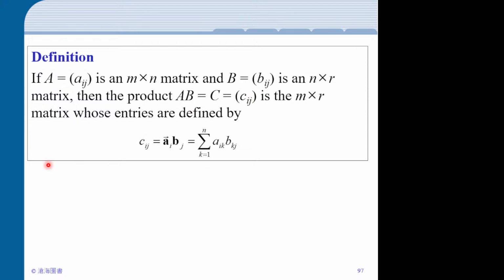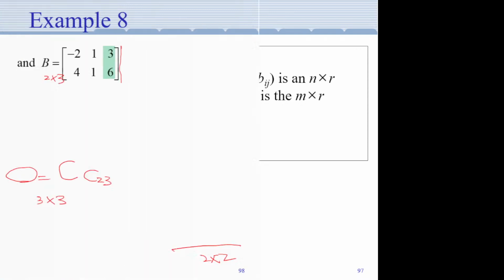And yeah, so let's look at this again. We are saying the ijth element of the multiplication result is the ith row of A times the scalar product of the ith row of A and the jth column of B. And if you write down the entries, it is the summation over K of A_ik and B_kj. And finally, you can see